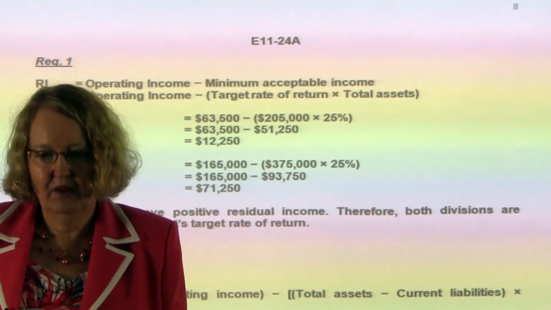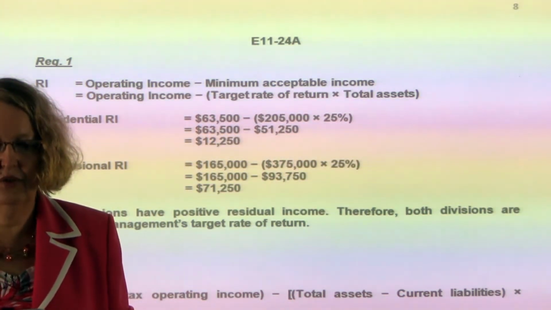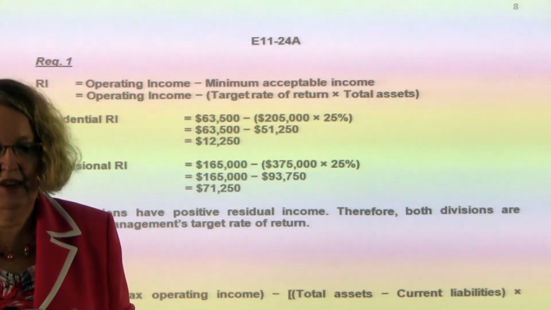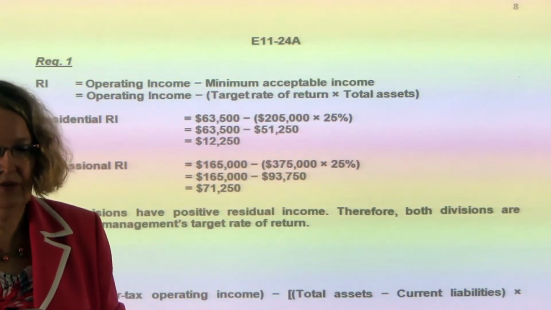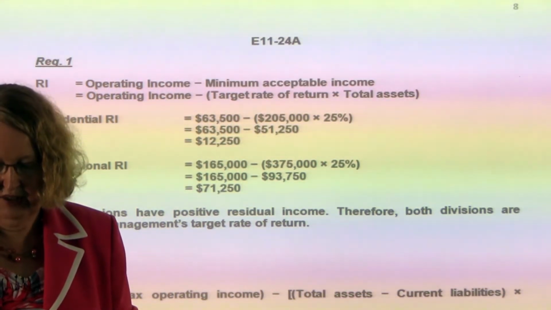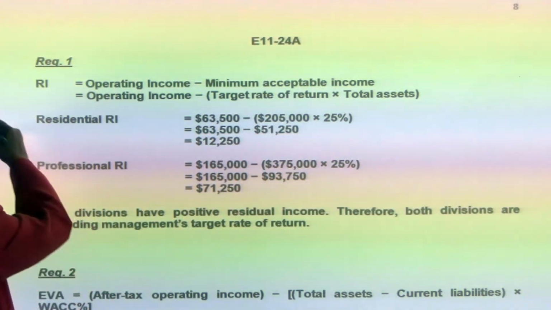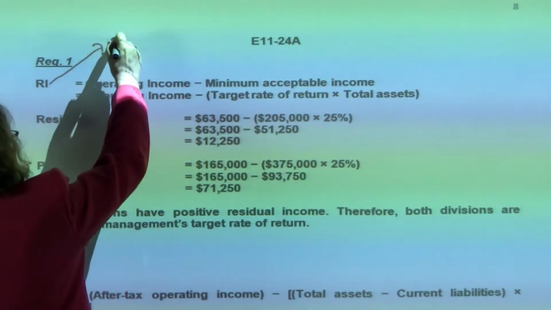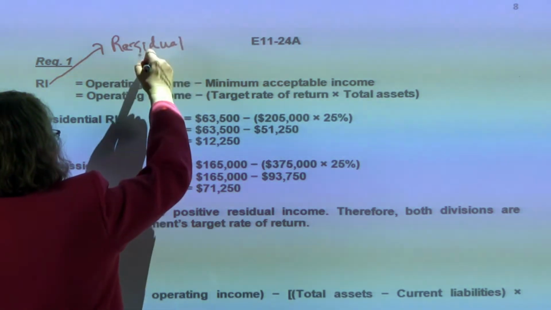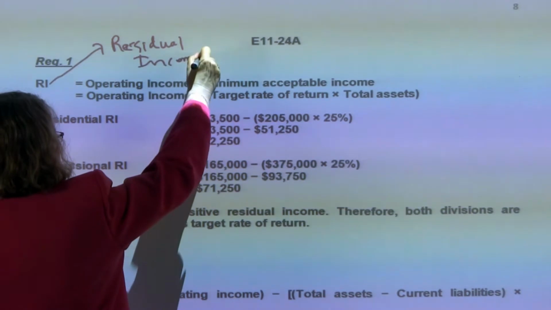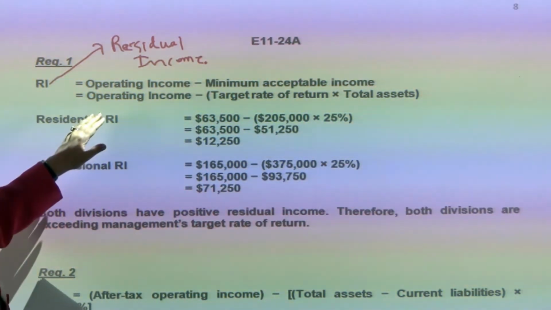So 11-24 is asking us to look at two other ways of analyzing the profitability of a company. So the first requirement here is calculate each division's RI. So RI stands for residual income. So residual income is the amount of income, your operating income, less your